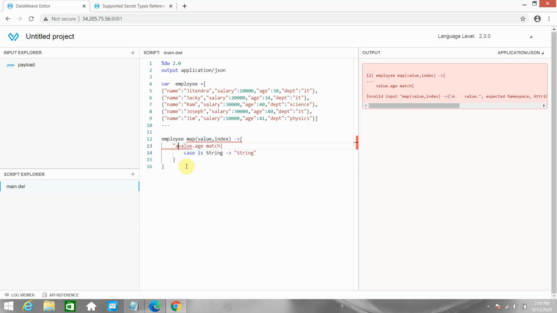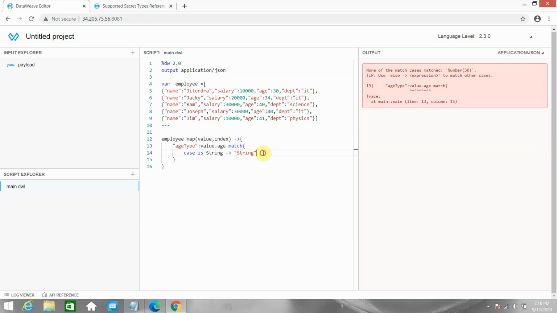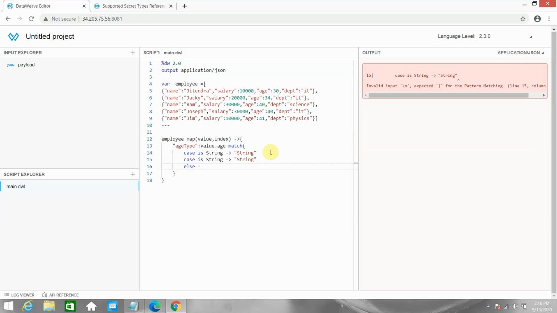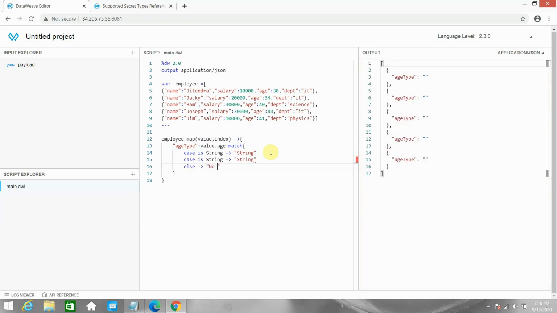Here I can define age type. I can copy this same statement, then else I can say no type. Here I can say number.